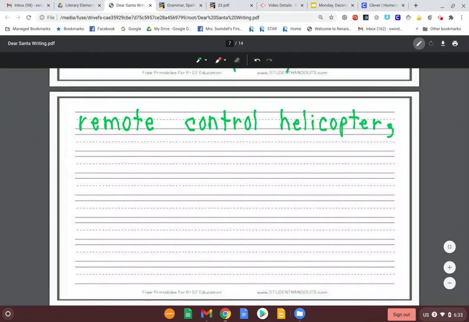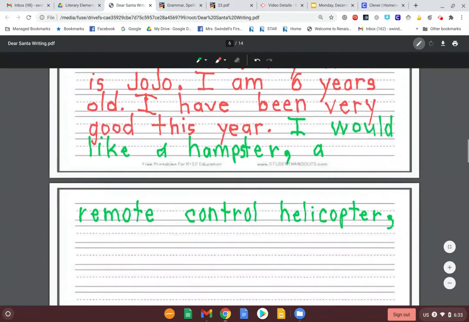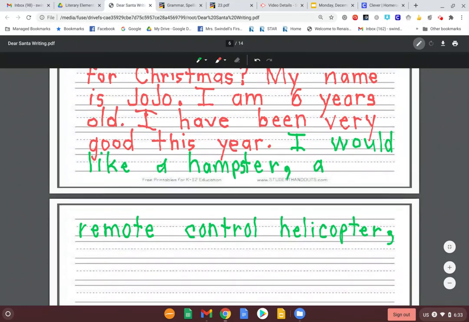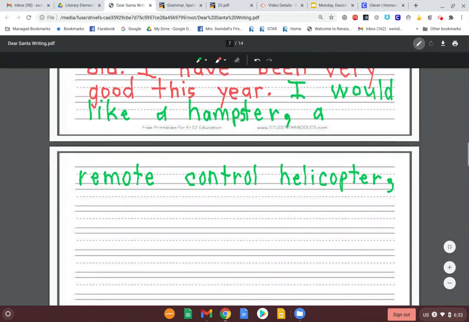So I'm going to put a comma there because I'm making a list. I would like a hamster, a remote control helicopter, and I have two things, so I'm on my third and last item, so I'm going to put an and right here. Oof, you know what? That is not a very good and. Let's try that again. All right. And this is something I need to survive, and some